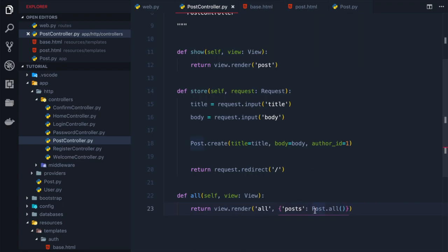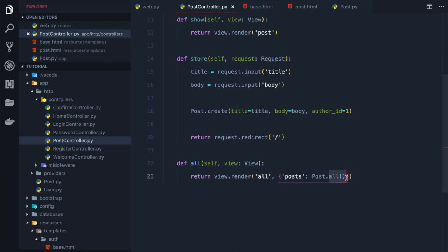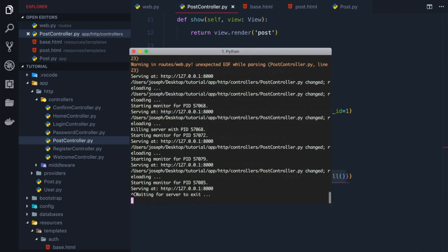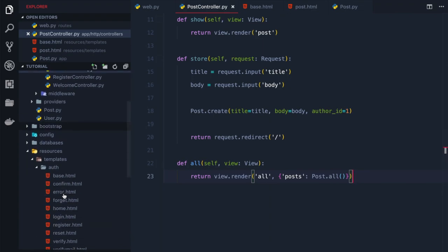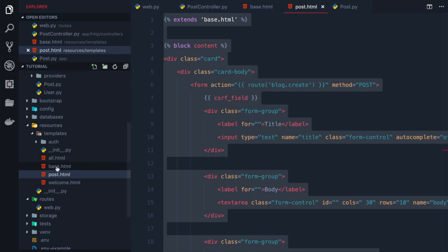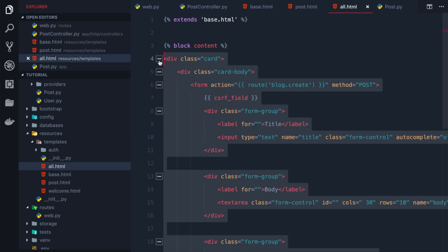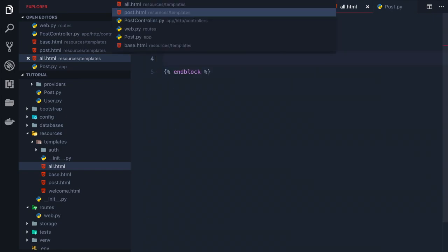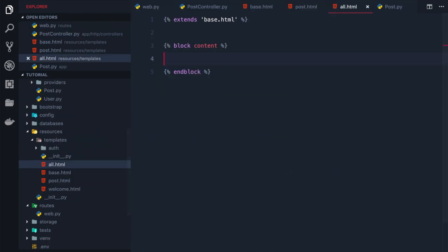All right, so we call this post model, which is this model. And we want to get all the posts. Let's go ahead and cancel the server, and let's create a new template, which will be remarkably similar to our post template. So we can actually take this information, plop it here, and get rid of all this stuff. So now you notice here that we're passing in this post variable. So we could loop over that. So for post in posts